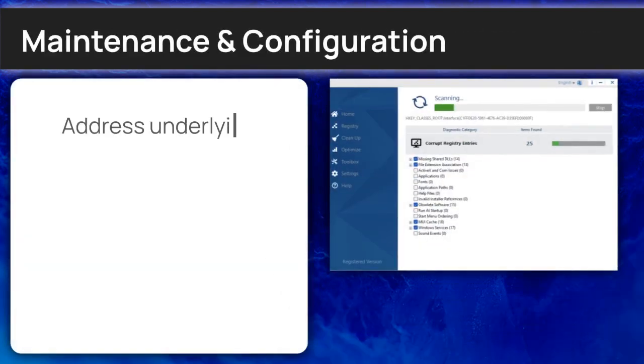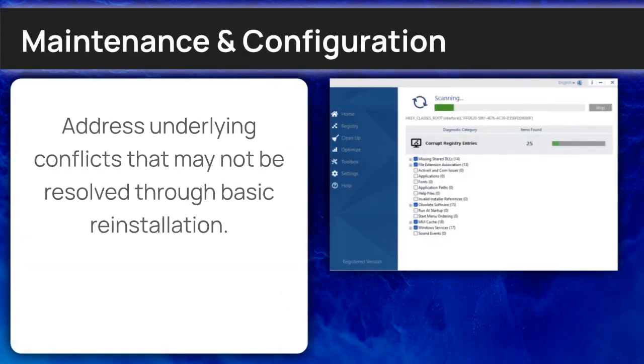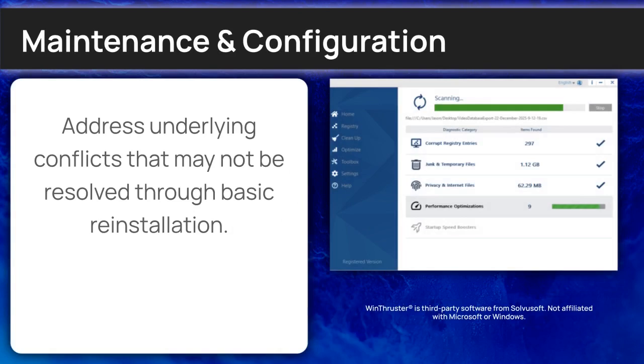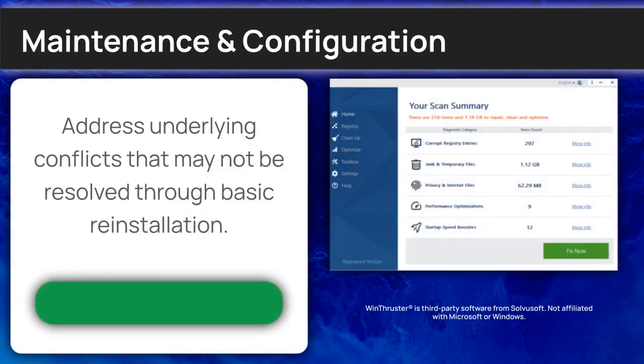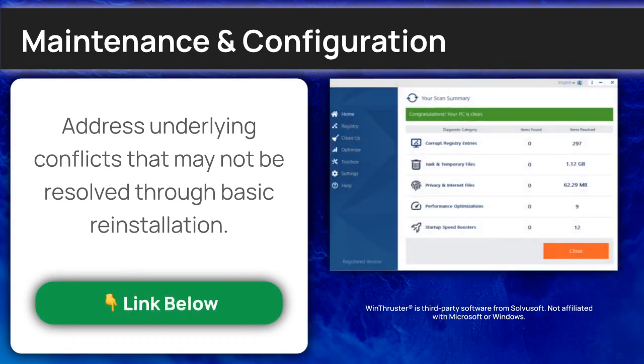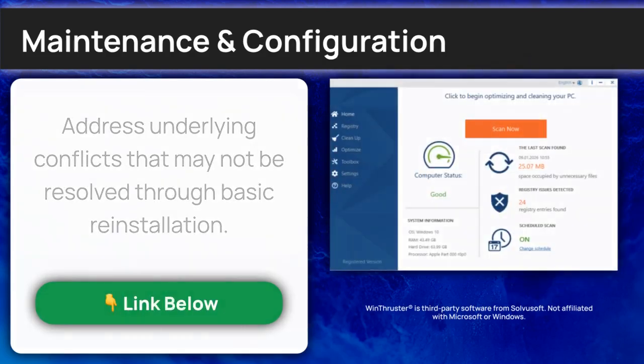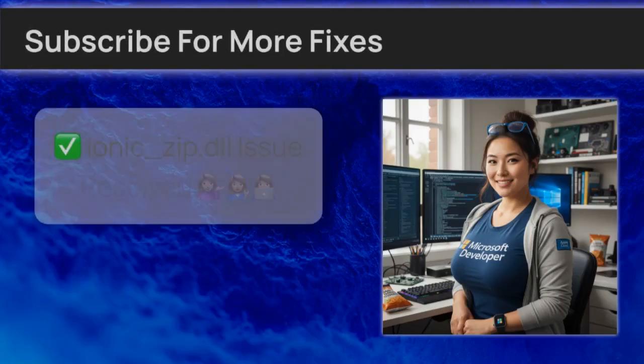Beyond manual troubleshooting, many users find that a system-wide diagnostic scan provides a more complete picture of their environment. To ensure your system configuration matches its capabilities, the repair resource below provides informational guidance on Ionic zip library. To keep your workstation running with a reliable